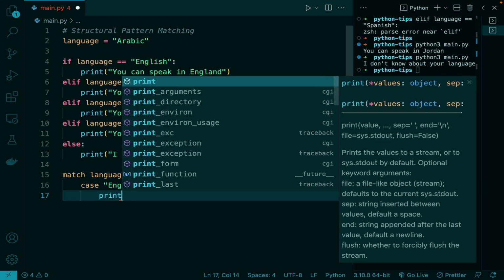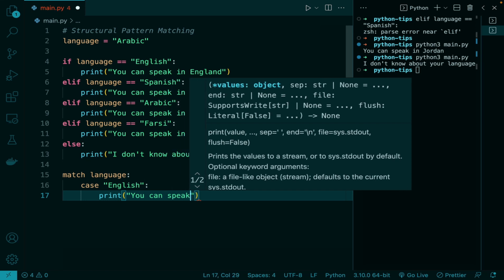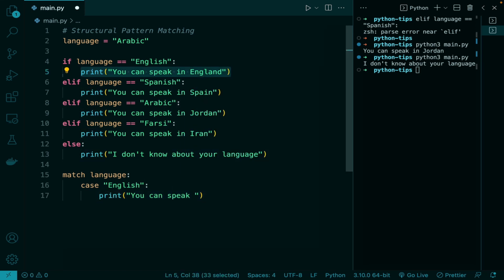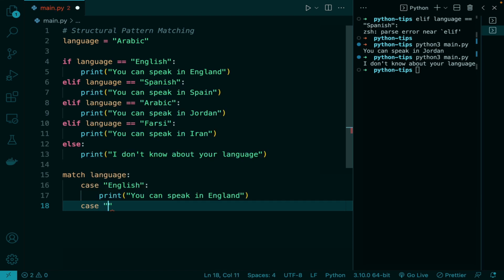And we can print you can speak in England, taking this here rather than typing it out all again. And then we have case Spanish,